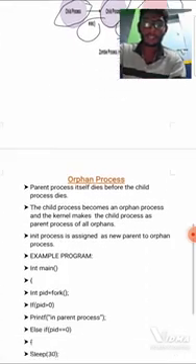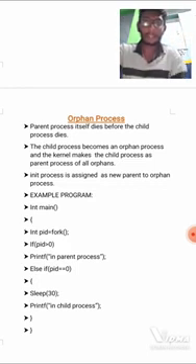And next, the orphan process. The parent process itself dies before the child process dies. Means before the child process is terminated, the parent process terminates itself. So when the parent process is terminated, the child process will become an orphan.